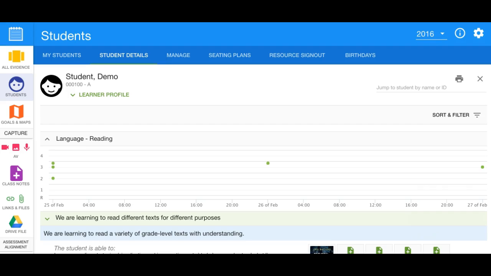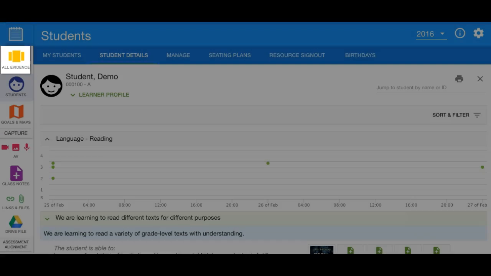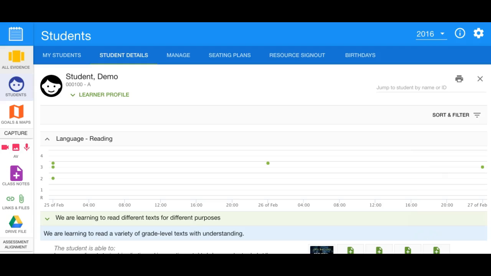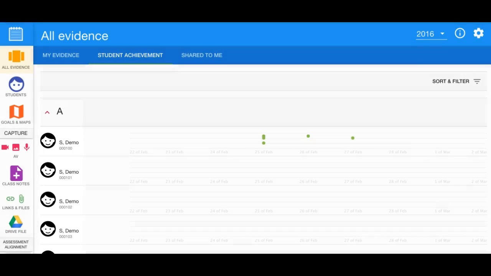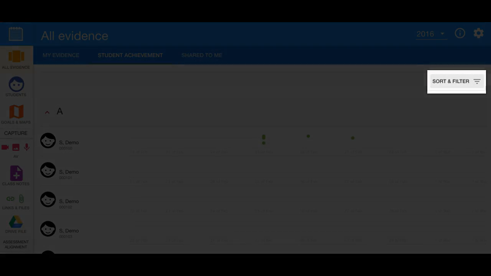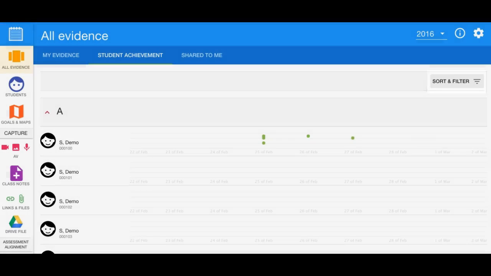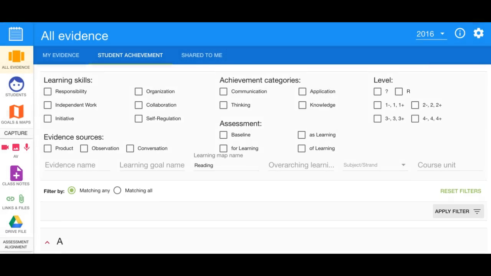A second way to access the scatter plot that summarizes student achievement is to access it through the All Evidence tab. This method is especially useful when you want to see the data for your entire class, rather than opening and closing each student individually. If your learning maps are set up by reportable subject, you can easily use the Sort and Filter option to specify what you want. So, for example, if you would like to see all the evidence for your reading learning